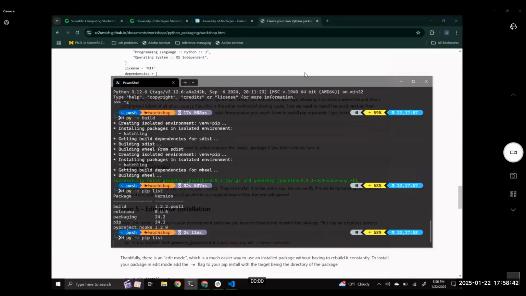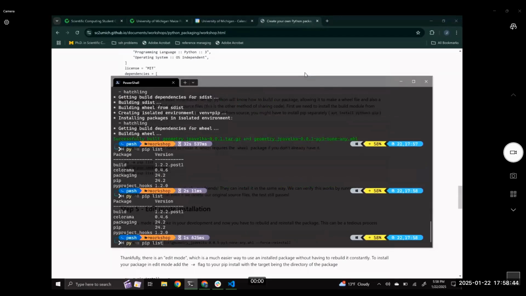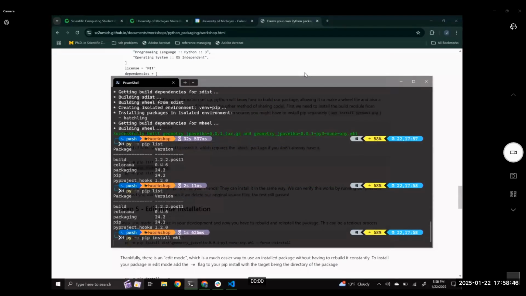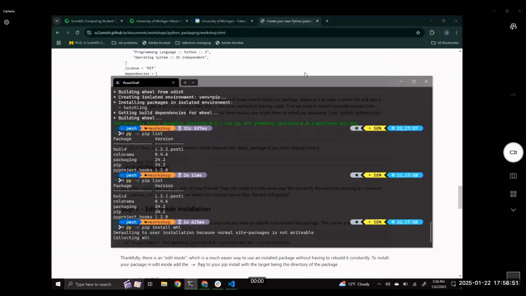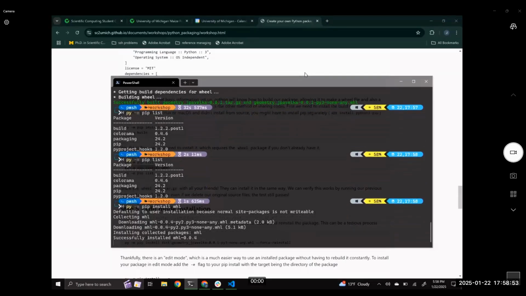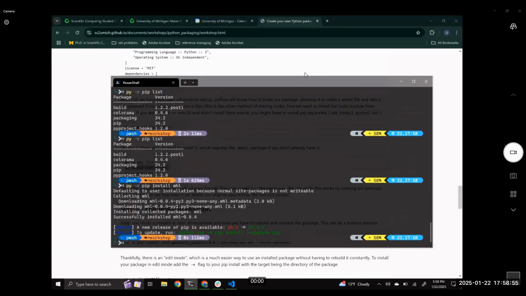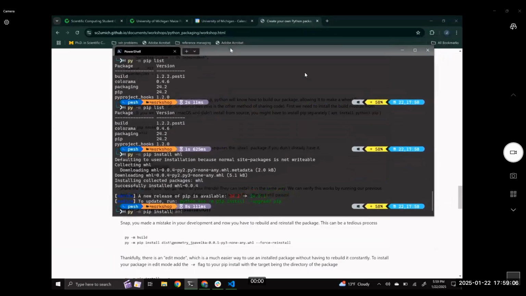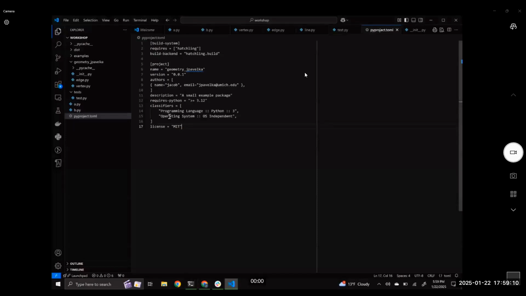Make sure you have wheel installed. That's what's, and then you're going to want to. Oh, and so the terminal said that those files were built, and you can actually